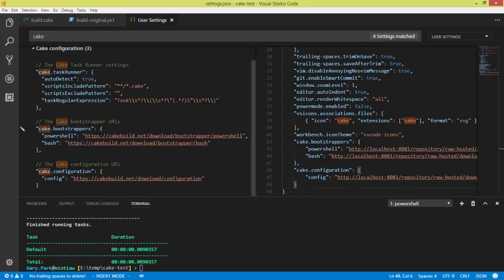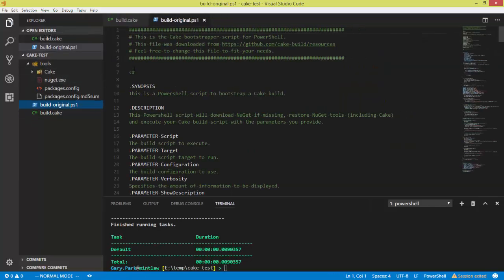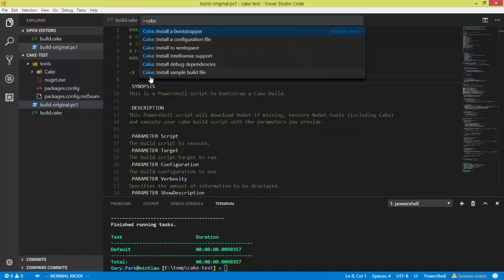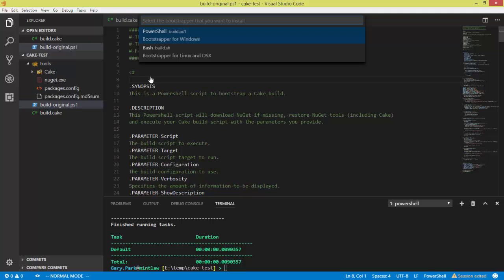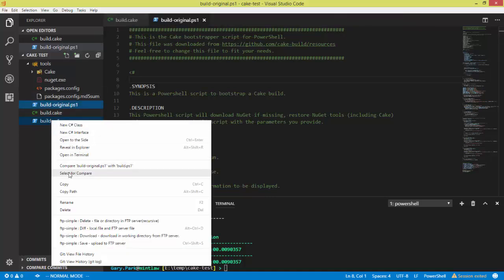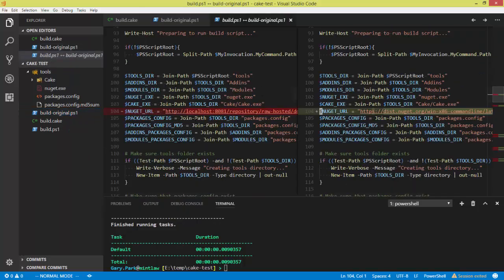So if we save that and go back to here, if I go ahead and download a bootstrapper again, but this time it's coming from my Nexus server rather than from the outside world one, we'll get a new build.ps1 file. If I go ahead and select for compare and then grab this second one, select for compare and then compare, what you'll see